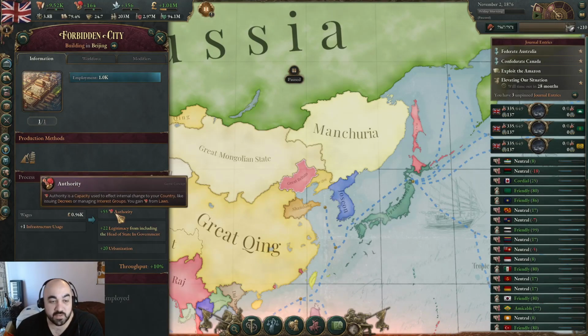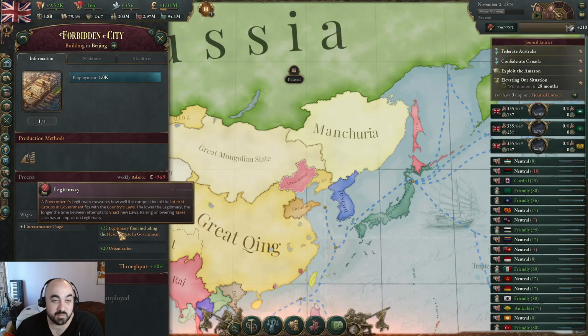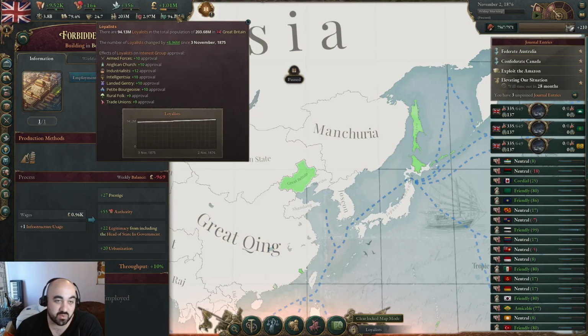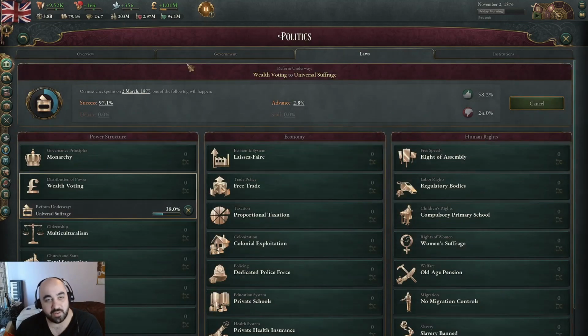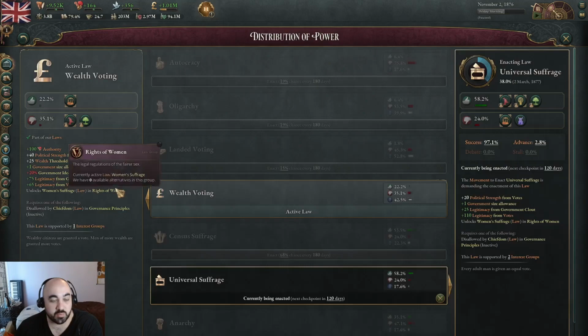In addition to plus 50 authority, it gives plus 22 legitimacy. This makes it really easy to have a legitimate government here. Now, other ways you look at having a legitimate government is you have to go into your distribution of power